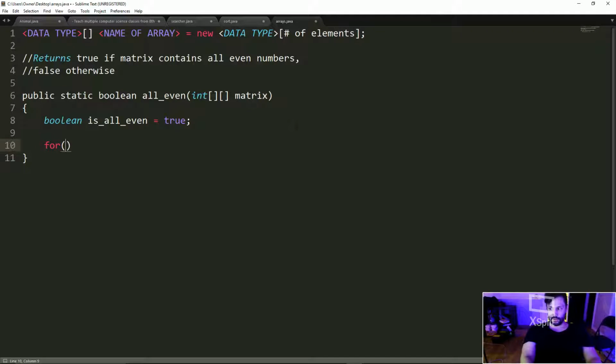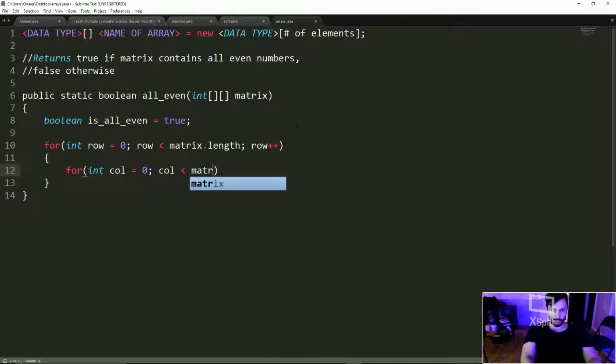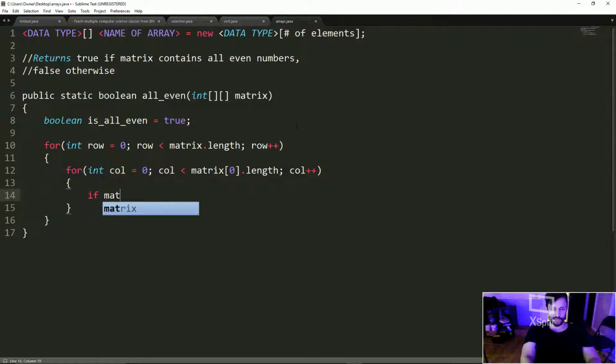And then we're going through a two-dimensional array here, so we'll say for int row = 0; row < matrix.length; row++, and then for int col = 0; col < matrix[0].length; col++. And then all we have to say here is if matrix[row][col]